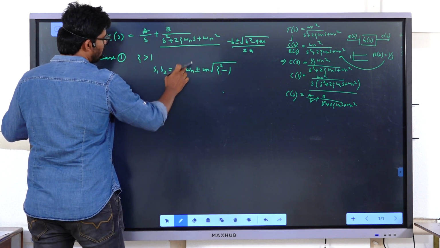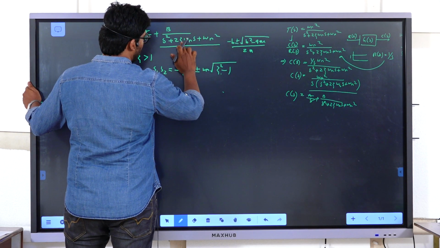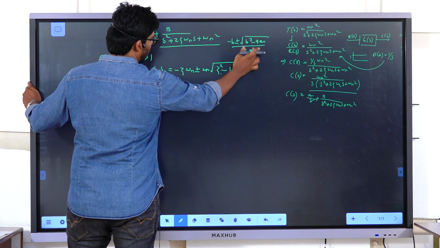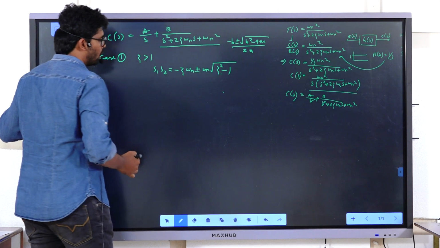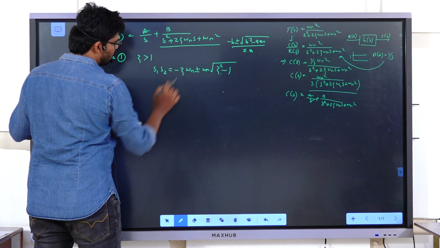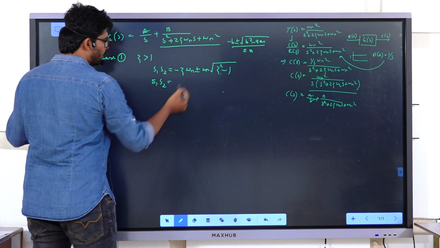So b here is what? Minus 2 zeta omega n. So minus 2 zeta omega n plus or minus root of 4 zeta square omega n square minus 4 into omega n square, divided by 2a. So overall we'll get this equation. Now if zeta is greater than 1, what are the roots obtained? So roots S1 and S2 will be obtained in the form of